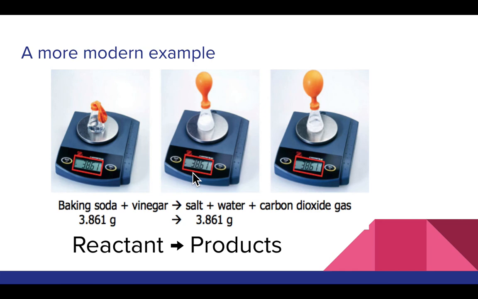Here's a more modern example. If you've ever put together baking soda and vinegar to make a volcano. What we have in the first slide here is an Erlenmeyer flask with a small amount of vinegar in it. And inside the balloon, not mixed yet, we have some baking soda. And the combined mass of this system is 3.861. Then we turn the balloon and we empty the baking soda into the Erlenmeyer flask, and we see all sorts of bubbles,